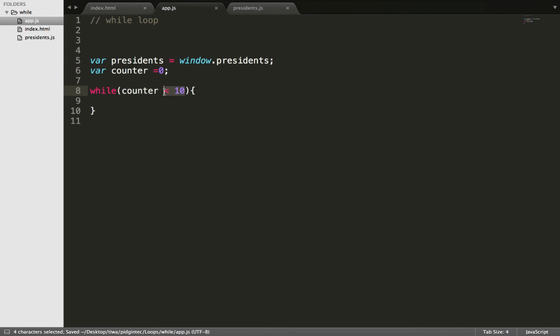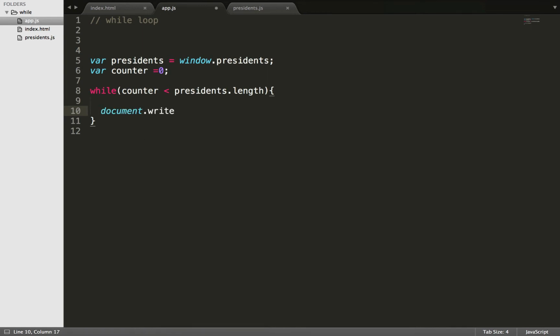For here, we want to print the president. An array has a property called length. So if we say president.length,